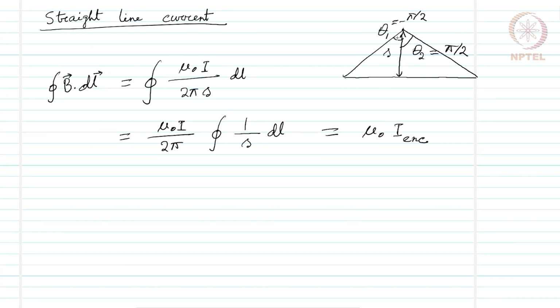So, the line would be something that circles around this wire. If we consider that kind of a line, B will be constant over that, and when B is constant over that, the line element on this line